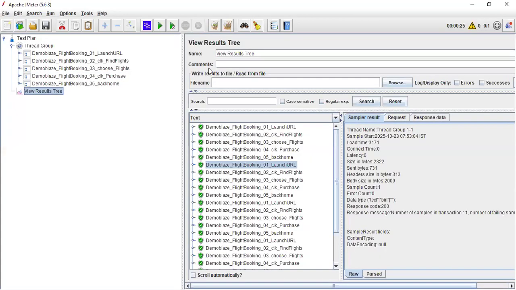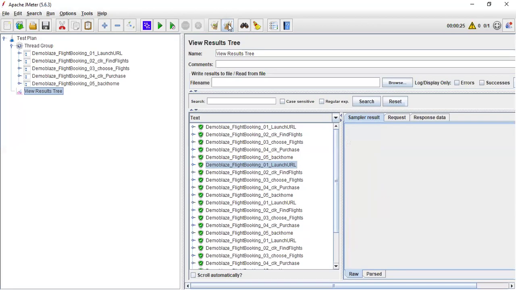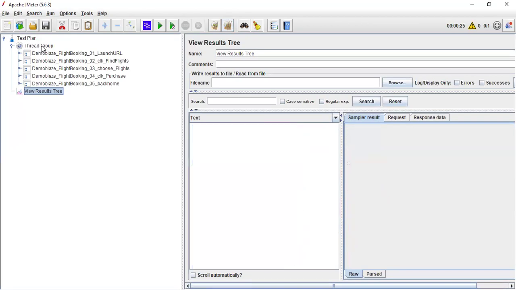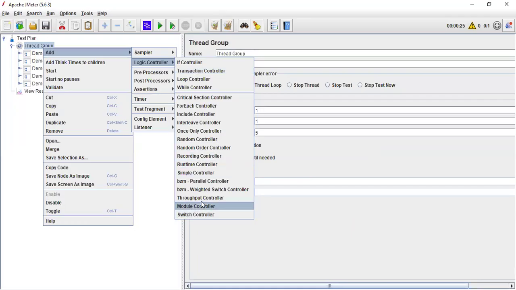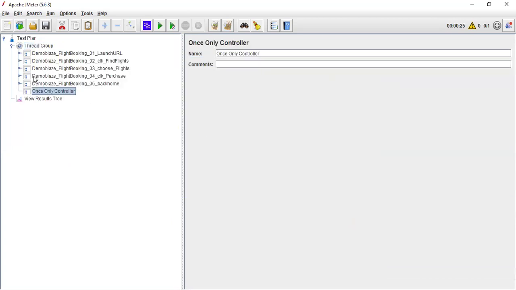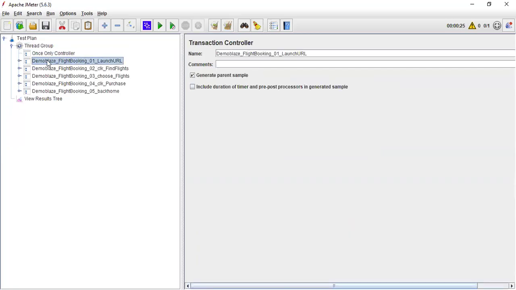Okay, so how will you implement this logic instead of writing it in a single piece of code? How do you implement this? For this, we have a simple controller called the once only controller. If I put this entire transaction under the once only controller,